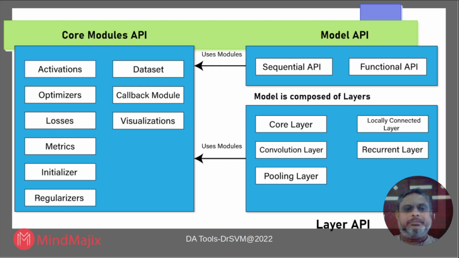So core layer, locally connected layer, convolutional layer, recurrent layer, pooling layer are the various possibilities for building the deep network. So we can define layer-wise, and we can define sequentially or functionally, that is model-wise, and for each of these layers we need activations, optimizers, loss functions, metrics, initializers,